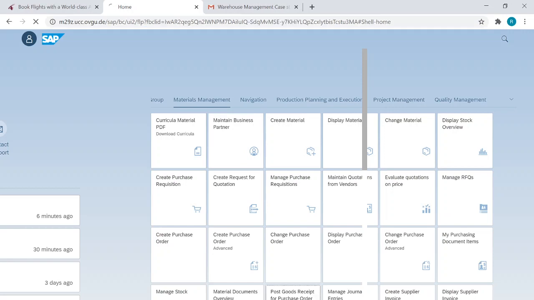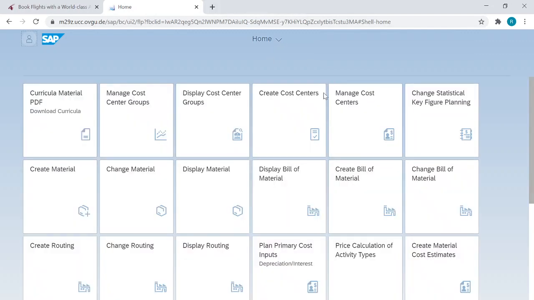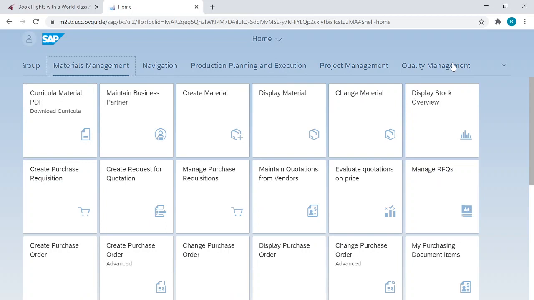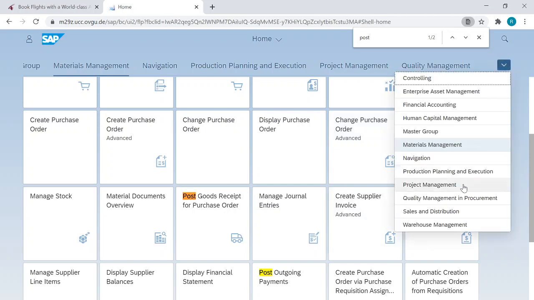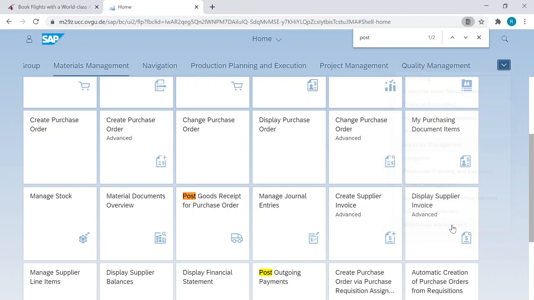Let me refresh it. We will go to the warehouse management section.